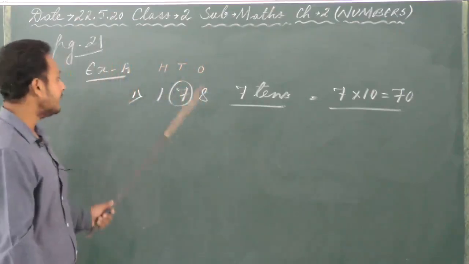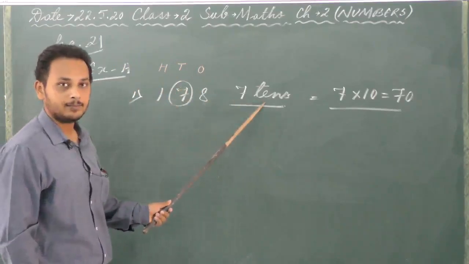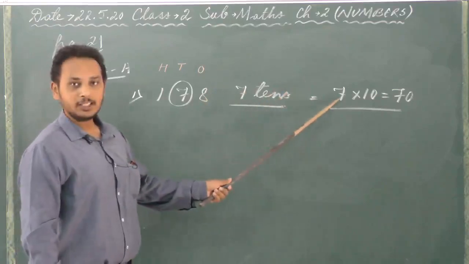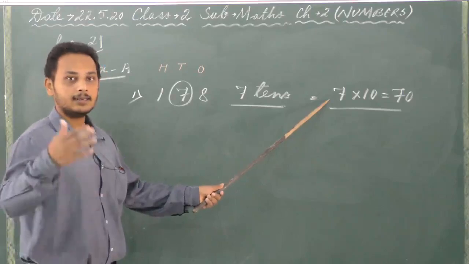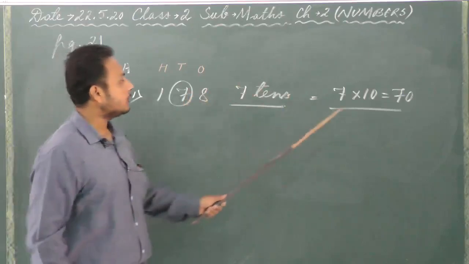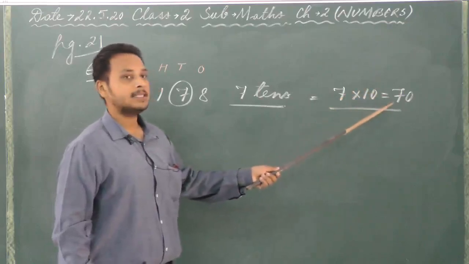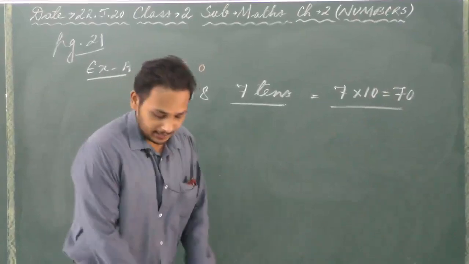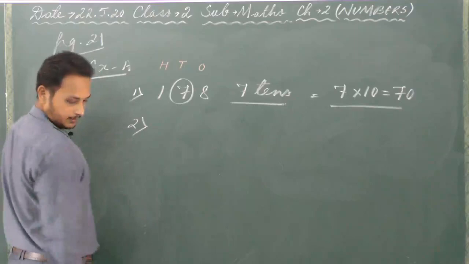Now I told you that 7 is in the tens place. So we wrote 7 tens in the first blank. Then again in the next blank you will write the number 7 since it is in the tens place. So write the value here into 10 is equal to 7 tens are 70. So we write 70. In the same way if you see the next number, number 2, it is given here